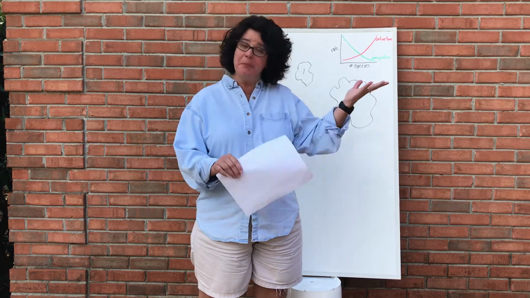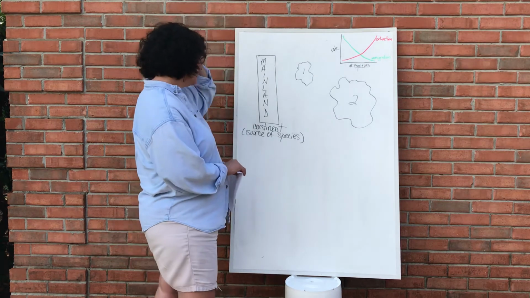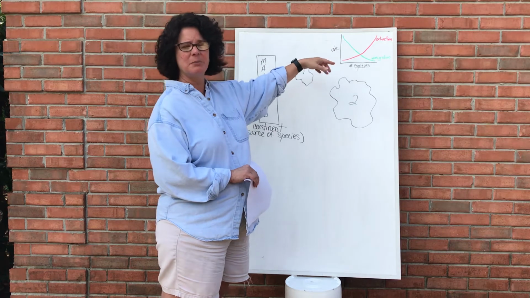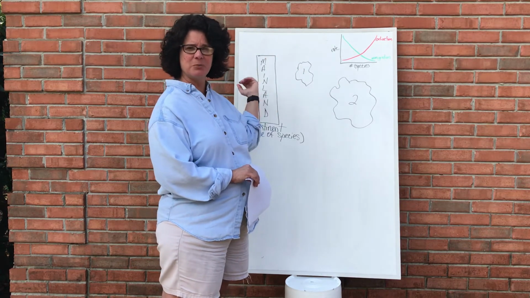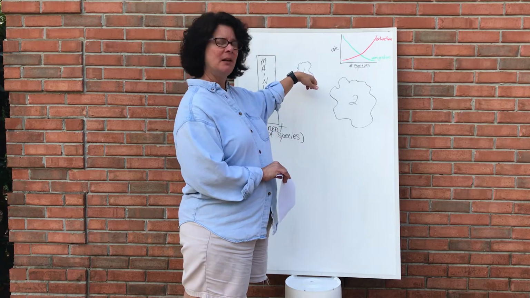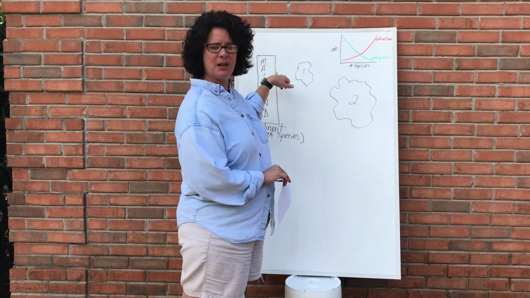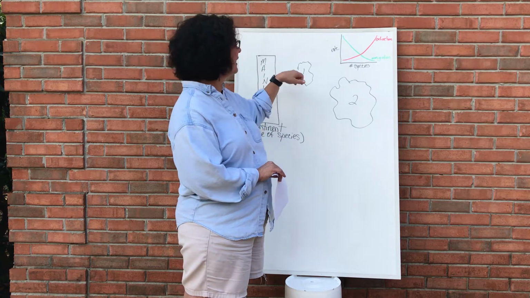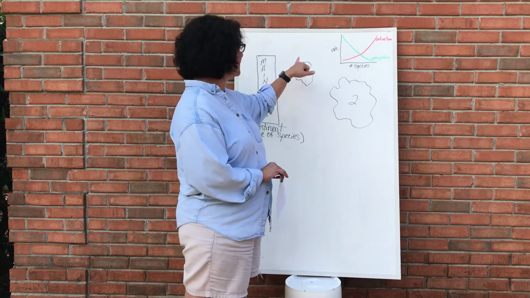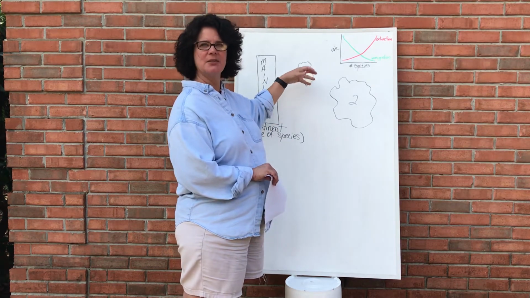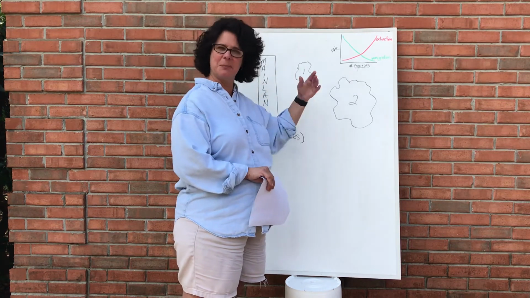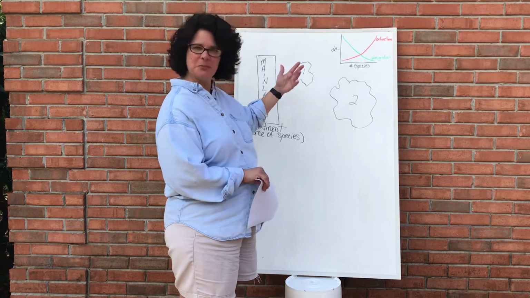Before we leave it, let's go over this real quick again, where this balance of immigration and extinction is going to be influenced by island size as well as distance of the island from the mainland. Here with Island 1, it is smaller, but it is closer to the continental area or the mainland, so it's going to have a higher rate of immigration, but also a higher rate of extinction over time, because there are fewer niches available on this island. So as they fill, competition is going to be great. As other species are trying to immigrate, species are going to get kicked out,